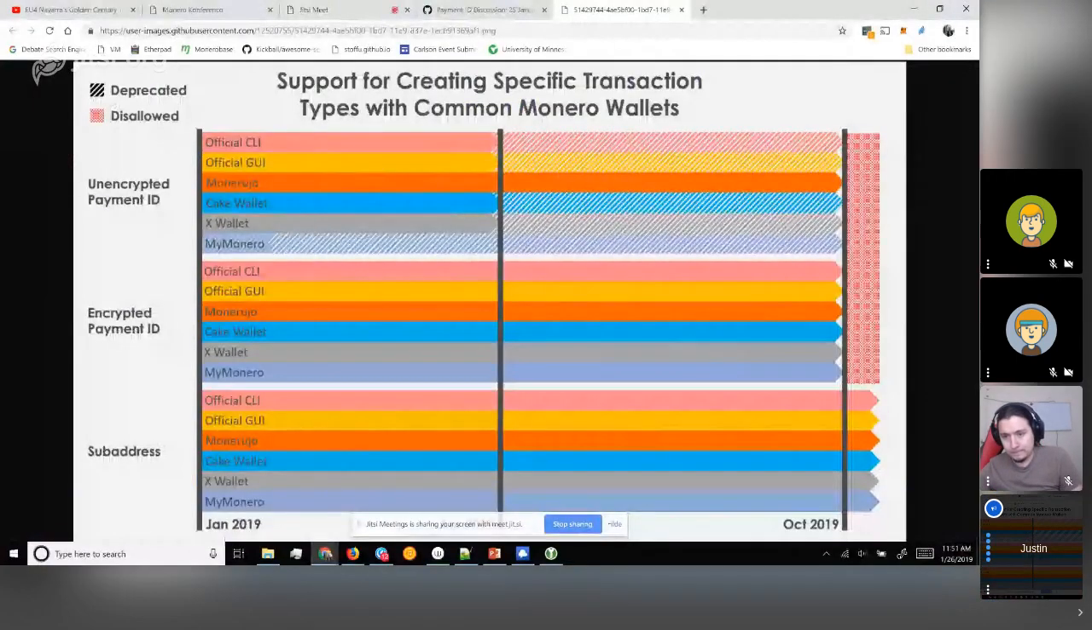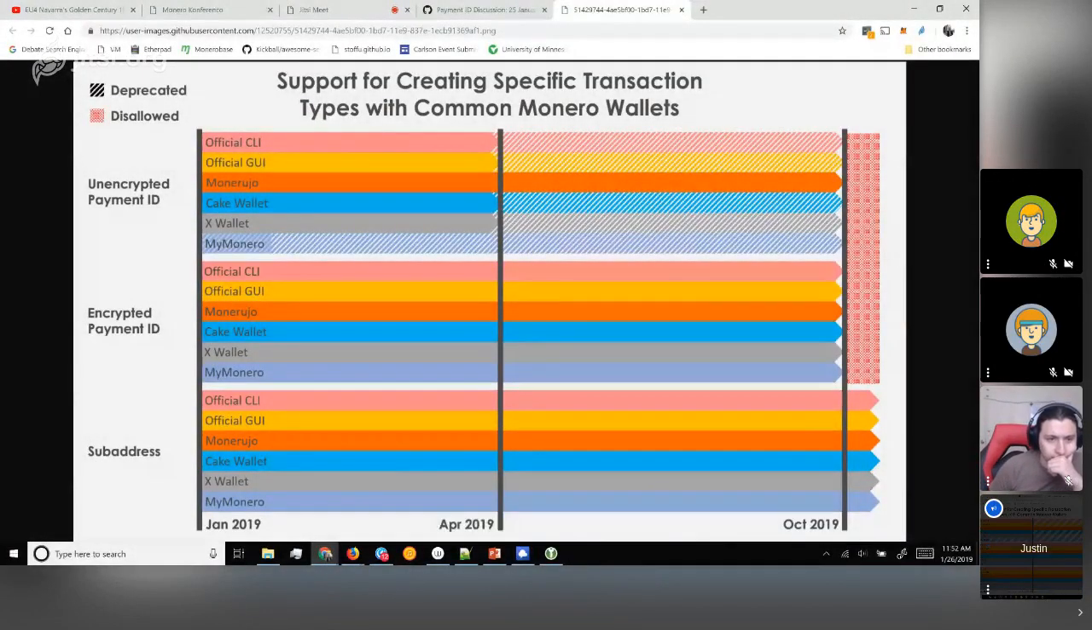Yeah, let me quickly share one of the timelines. Let me share my screen so I can share the timeline in regards to payment IDs. All right, does everyone see this timeline? Yep. Okay, perfect. So you can see here as an example